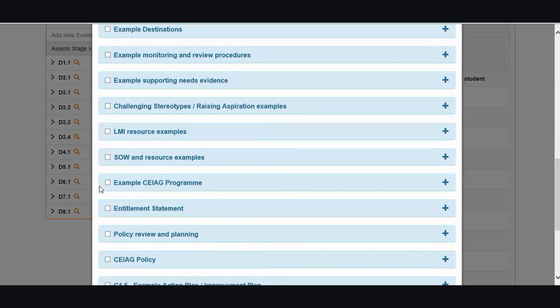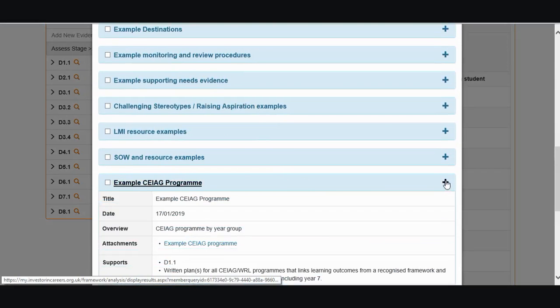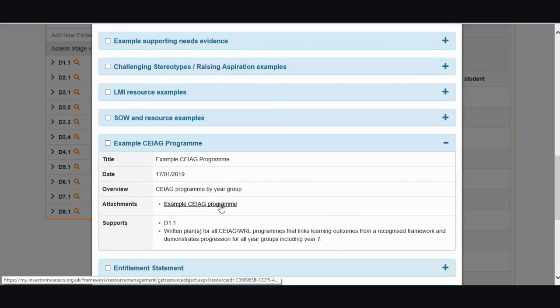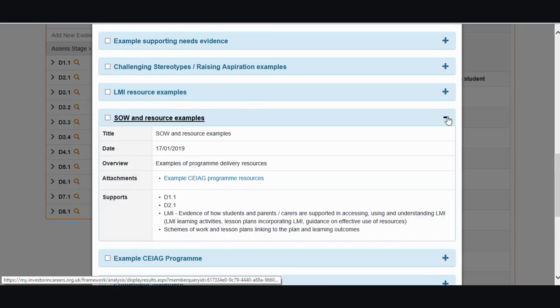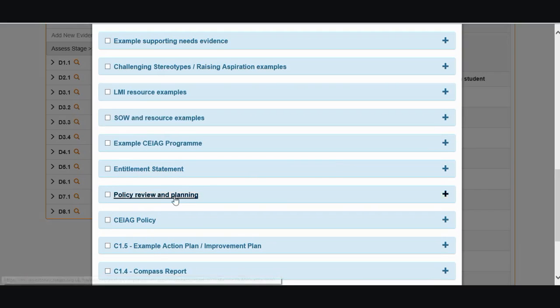So here I'm going to sample and review that CEIG program. I'll have also spoken to key people at the assessment visit. They've also submitted schemes of work and resource examples here. So those are going to be core pieces of evidence that I'm going to use,